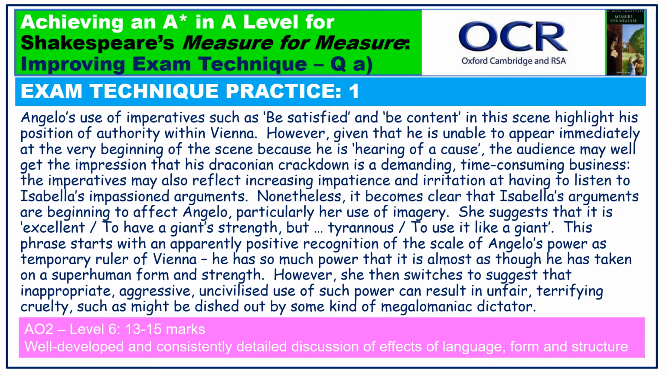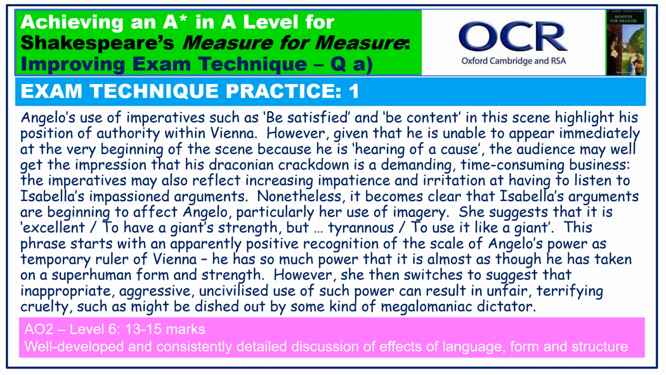She suggests that it is excellent to have a giant's strength, but tyrannous to use it like a giant's. This phrase starts with an apparently positive recognition of the scale of Angelo's power as temporary ruler of Vienna. He has so much power that it is almost as though he has taken on a superhuman form and strength. However, she then switches to suggest that inappropriate, aggressive, uncivilized use of such power can result in unfair, terrifying cruelty,